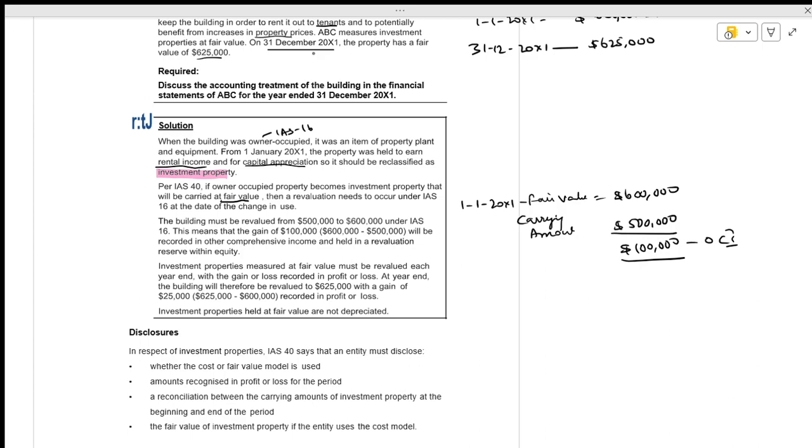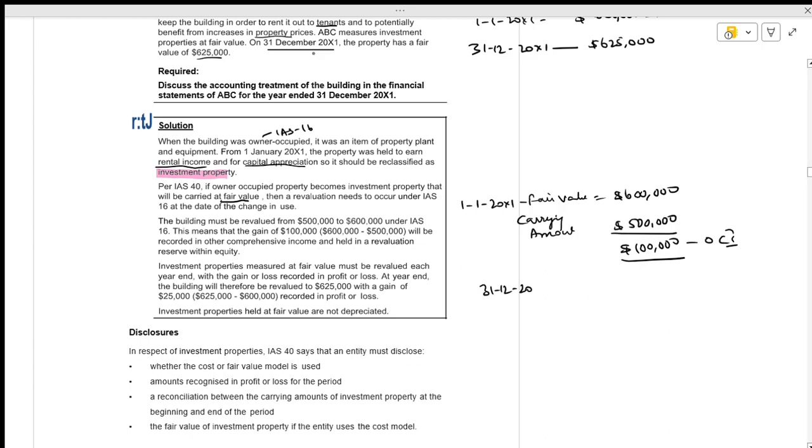At the year end, is it right? At the year end, they have a revaluation. When they have a revaluation, what happens? How much is the revaluation? Is this fine? At the year end, how much is the